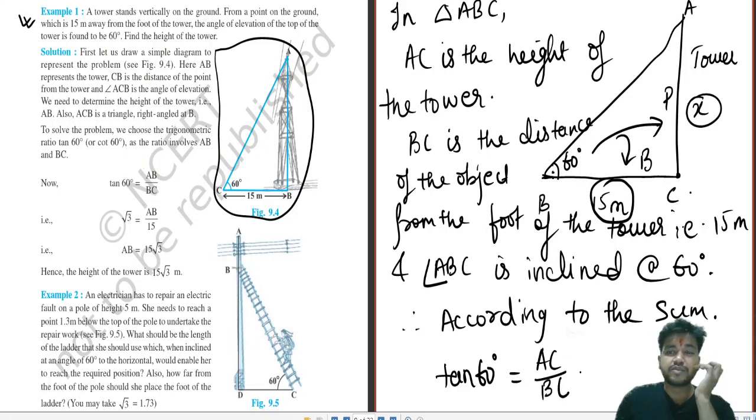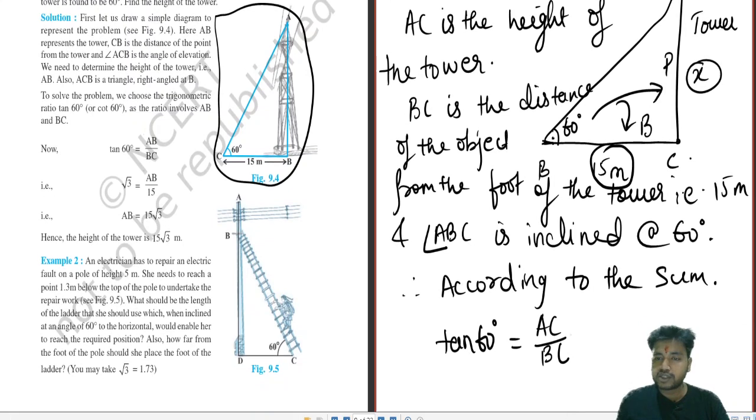This is how you solve the sums. First the diagram, then the basic protocols of writing everything given in the diagram to explain what you are doing, and then you have to solve it by the use of trigonometry. While you are using trigonometry over here, you have to be clear whether you are using tan theta, sin theta, or cos theta. Obviously a student would be foolish if he starts using the opposite ratios, cosec, sec and cot, which are of no use over here. If you can avoid it, do avoid it. Okay, now basic things have been written over here. Now we will move towards solving the sums.